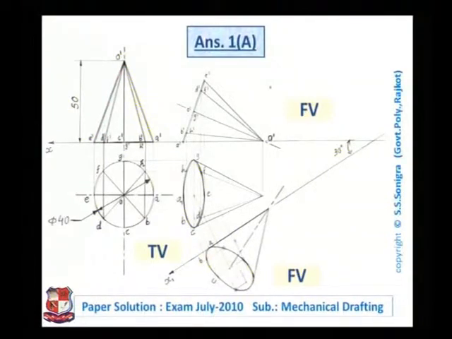You write the name of views, insert the necessary dimensions. Say height is 50 millimeter, diameter is 40 millimeter, diameter to be mentioned by phi symbol, phi 40, height 50. Name of views, front view, and this is top view. This angle is 30 degree. And the solid lines should be much visible, and these projection lines should be drawn very much lighter. It should not appear much darker. Only the outside line should appear, and write here answer number 1A above this drawing.